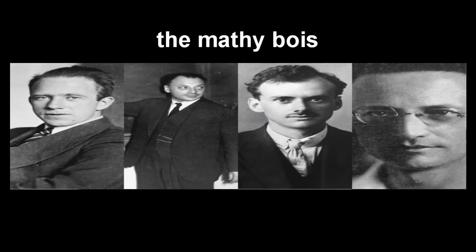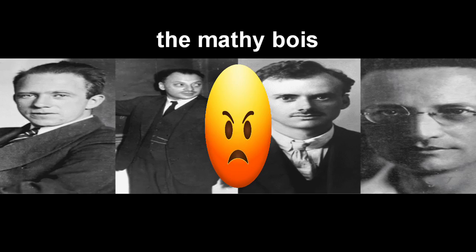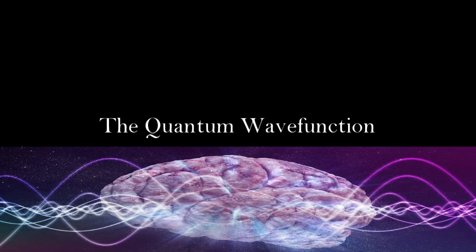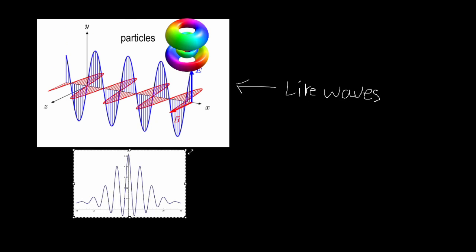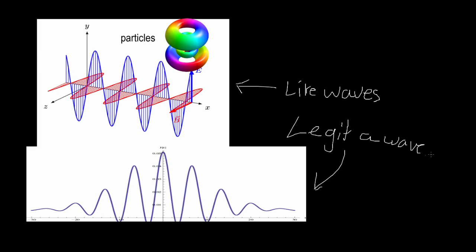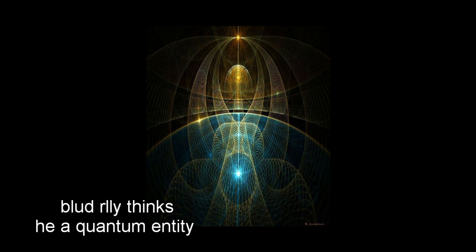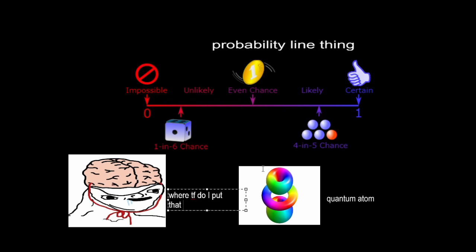So that's bad. We pretty much got ooga booga brains, because we actually don't know what is happening with these small particles. Now, the mathy boys weren't very happy with this, particularly Schrödinger, so we came up with this. The quantum wave function. Not only are the particles like waves, when their properties are mapped onto a graph, they form a wave as well. The driving factor behind all of this is the fact that quantum entities are inherently probabilistic.